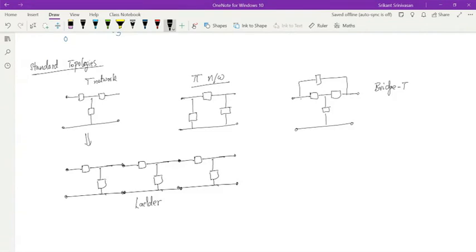Another very standard one is the Wheatstone bridge kind of network. That is also called a bridge network. Right? We saw this in our IC 161. What was this for? Full wave rectifier, right? And otherwise also you would have come across this Wheatstone bridge. So all of these are various networks.